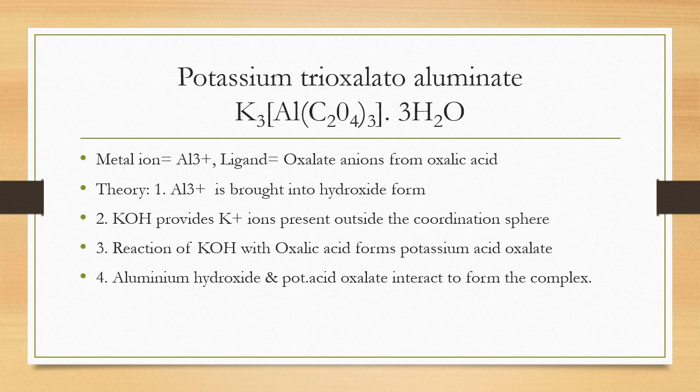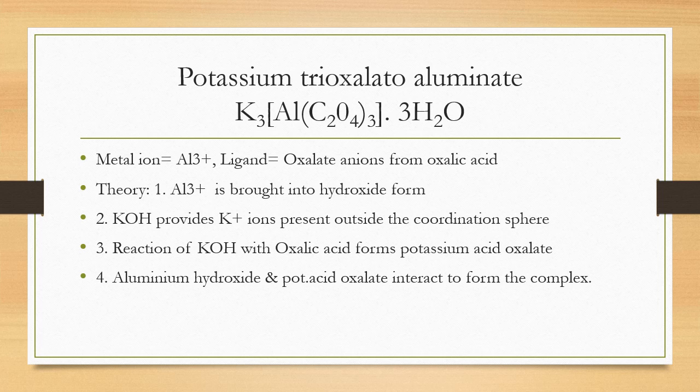Now here it is a little bit tricky complex. There is no direct interaction between the aluminium salt and the oxalate ion. Basically, aluminium ions, that is from the given metal salt, are brought into hydroxide form first, that is by interaction with potassium hydroxide. KOH, potassium hydroxide, serves 2 purposes. One is it provides potassium ions that we can see located outside the coordination sphere as K3,